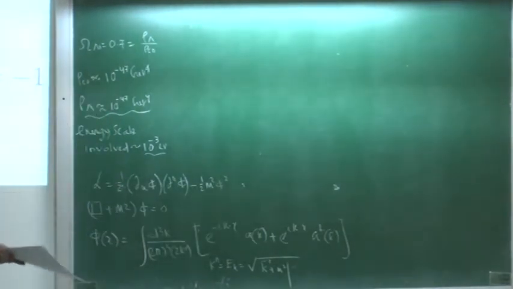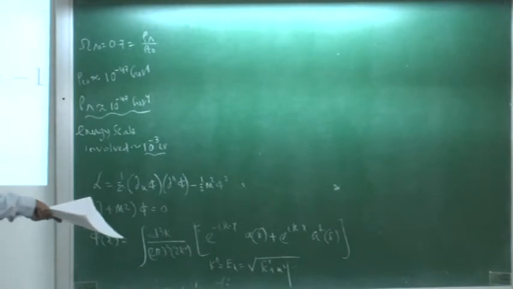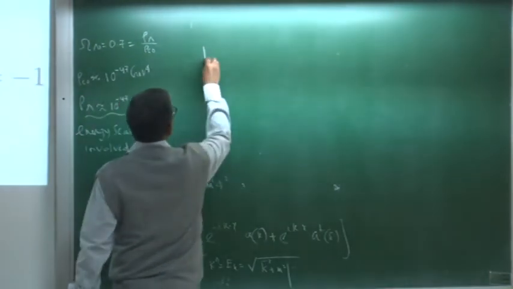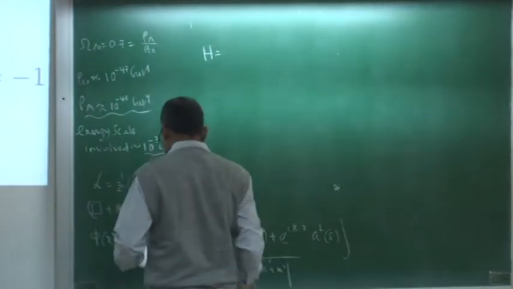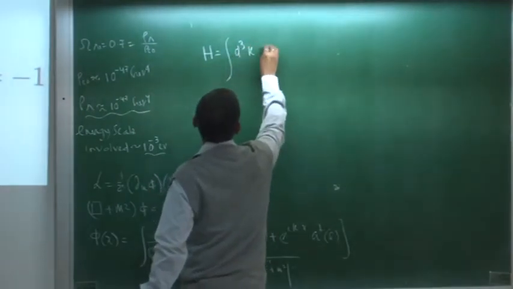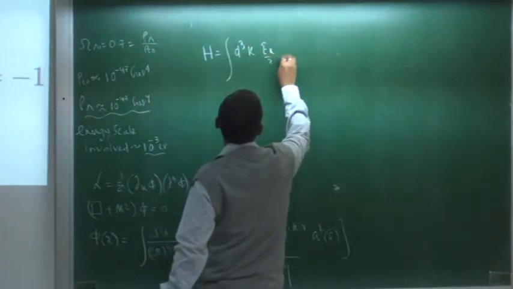I can put it back there, I can calculate this L, I can calculate phi dot, I can calculate the momentum, and I can subsequently calculate the Hamiltonian of this system. So if you calculate the Hamiltonian of this system, this comes out to be dk by 2